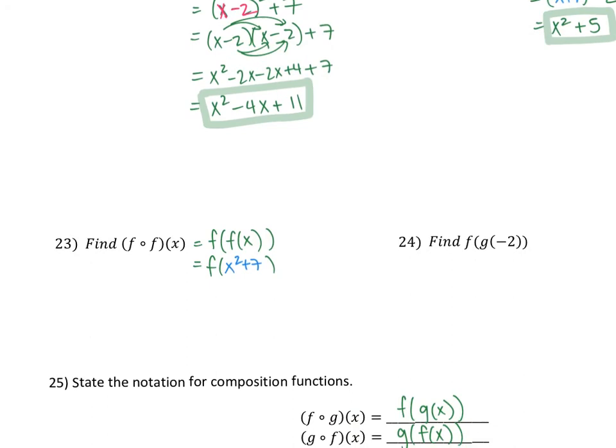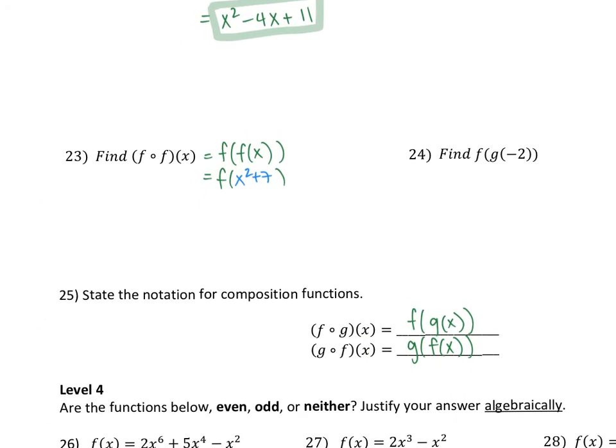So it's going to look kind of funny. Actually, I'll just rewrite the equation up here for myself so I can see it, so I don't have to keep scrolling back and forth. So this is x squared plus 7, and you don't have to do this. I'm just doing it so I can see the equations. So again, I'm taking this and plugging in for this x. So that's going to look like